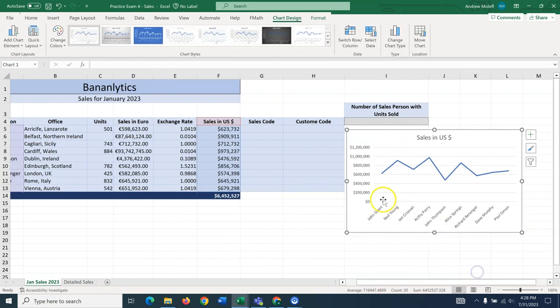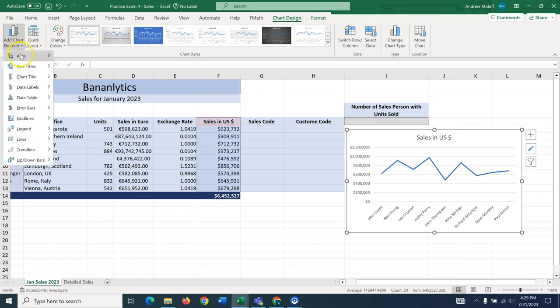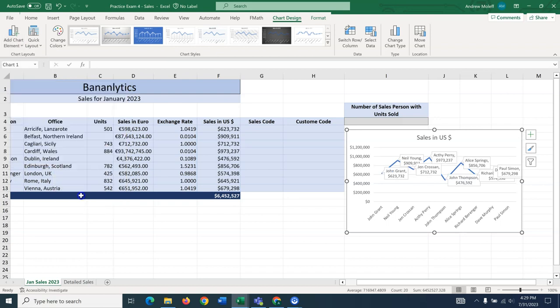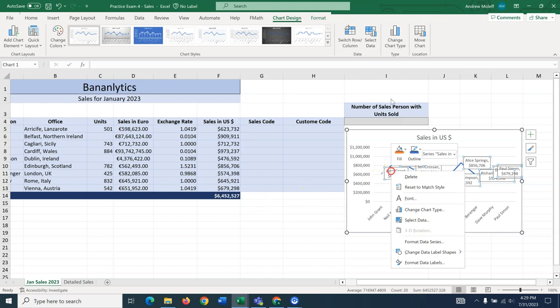Now what it's asking us to do is go ahead and display the data callouts, which is displaying the data labels, showing only the values and position of the labels above the data points. So we can go ahead and use this button over here. I prefer adding chart element. So click on Add Chart Element, and we're going to choose Data Labels. The reason why is I can click on Callout, and then we're going to click on the data labels, and we're going to right click and format